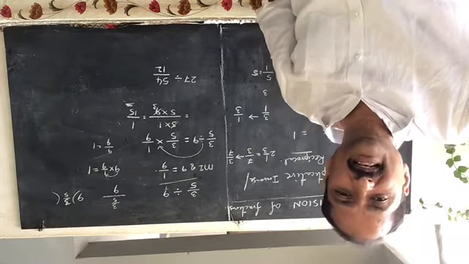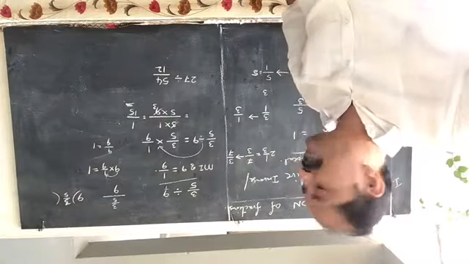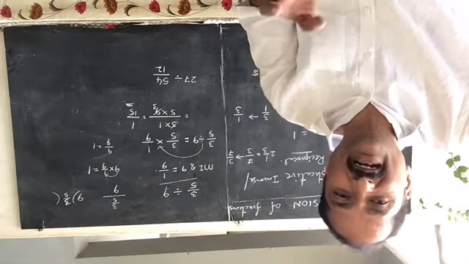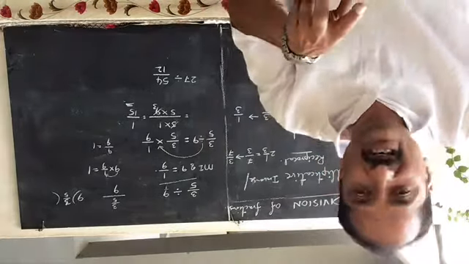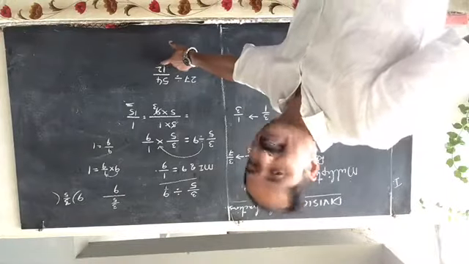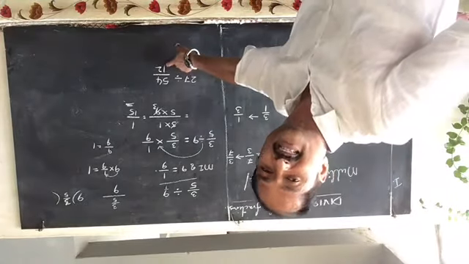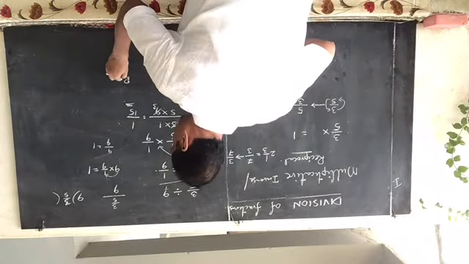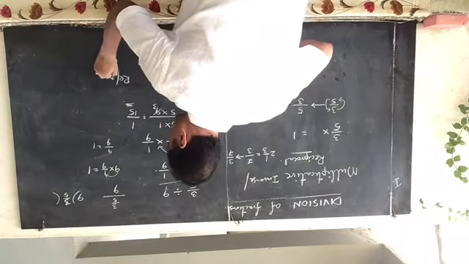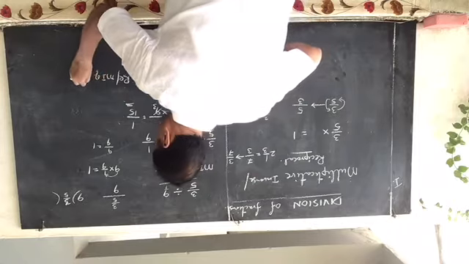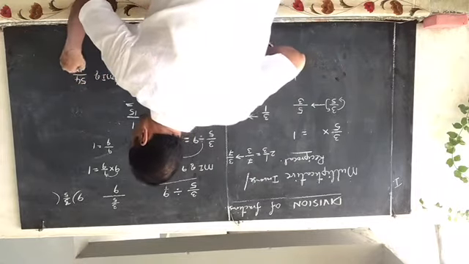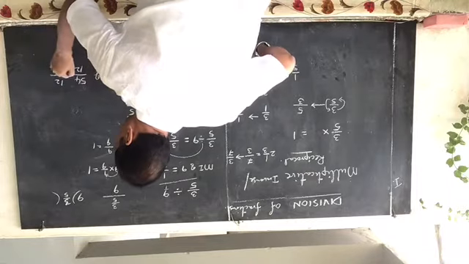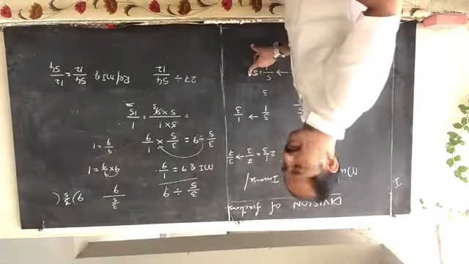What is the divisor here? The divisor is 54 by 12. Now we should write down the reciprocal of the divisor. For converting division into multiplication, we should write down the reciprocal of the divisor. You have to write the reciprocal of whatever the divisor is. So the reciprocal or multiplicative inverse of 54 by 12 is equal to 12 by 54. Okay, 12 by 54. Write down.